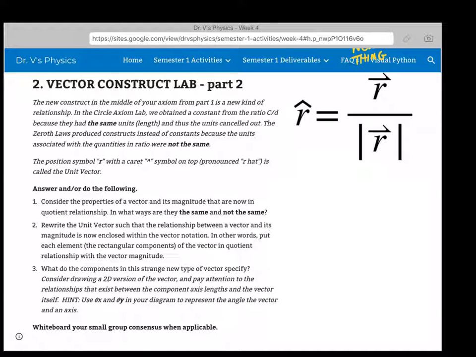So this next part, rewrite the unit vector such that the relationship between a vector and its magnitude is now enclosed within the vector notation. In other words, put each element, the rectangular components of the vector, in quotient relationship with the vector magnitude. All right. So this would mean R hat would equal